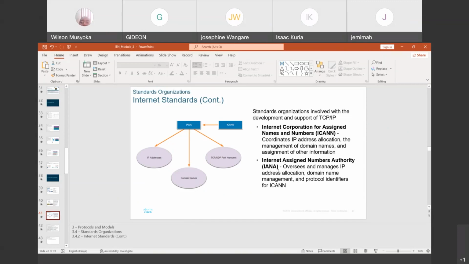Also, the Internet Assigned Numbers Authority, IANA, which is going to oversee and manage IP address allocation, domain name management, and protocol identifiers for ICANN. So all of these other organizations are going to be governed by these two bodies.